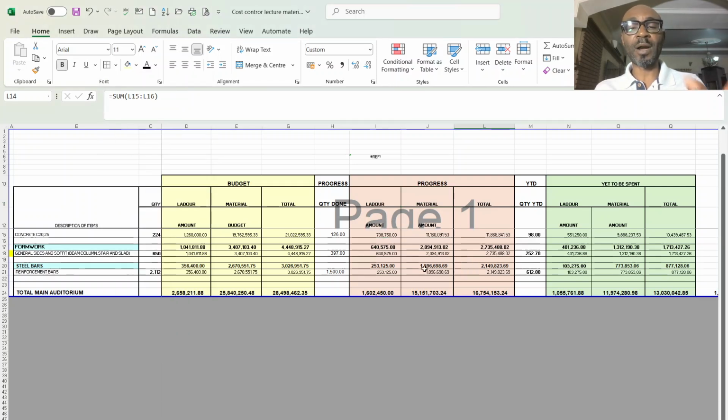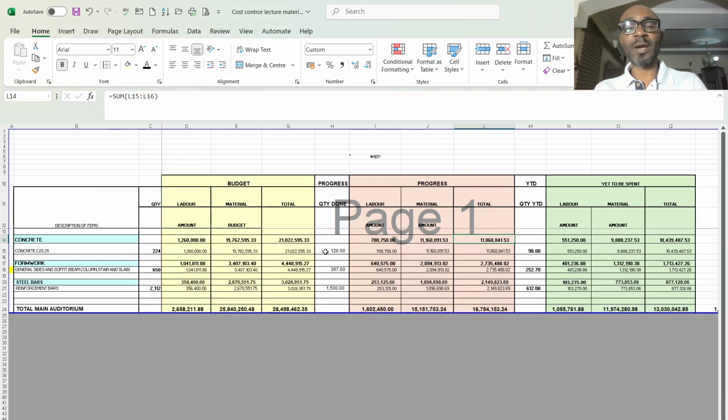I brought the labor and material amount. And now you can see at a glance the total quantity I'm expected to do for concrete. All the concrete on that bill is 224 cubic meter. I have done so far 126. I'm left with 98 cubic meter to do. That is the yet to be spent amount that I am supposed to use to execute the